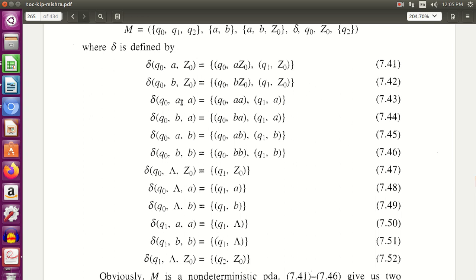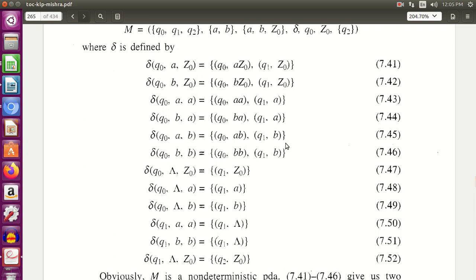Similarly here also same thing, you are in state Q0, your top of stack is A, you get an A and this A is that middle A. You simply change the state, nothing else. Same for these also, you are in state Q0, top of stack is B, you get an A, that A is that middle A, you know it, and you just change the state.